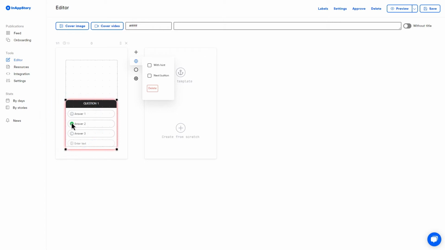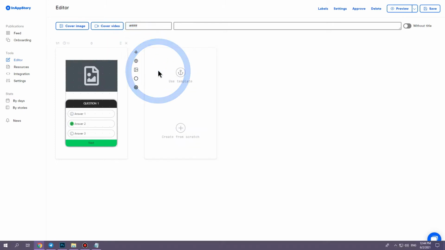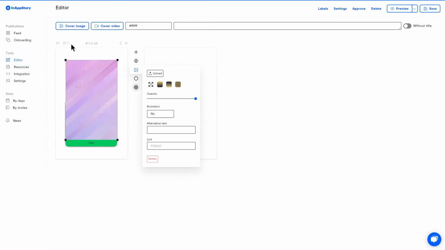In the settings of the widget, you can enable or disable the display of the Next button and the explanations for the answers. They'll be shown when the user chooses one or another option. By default, when you add a quiz widget to a slide, the Disable Timer setting is activated. That is, switching between slides will occur only by pressing the Next button or after selecting a result and tapping on the screen. To design a quiz, you can add images, text, or video to the slide.